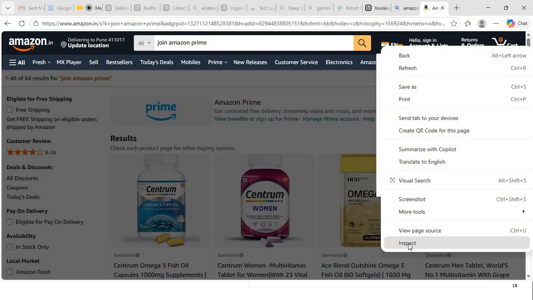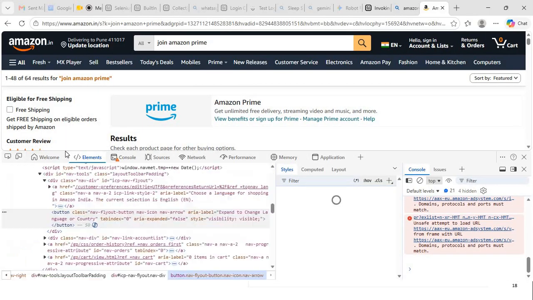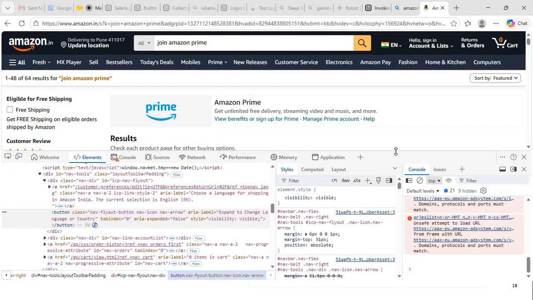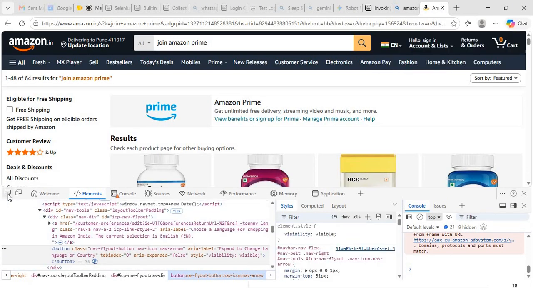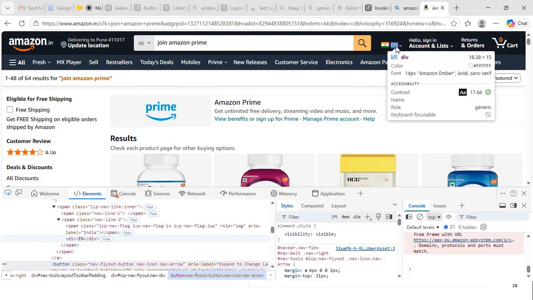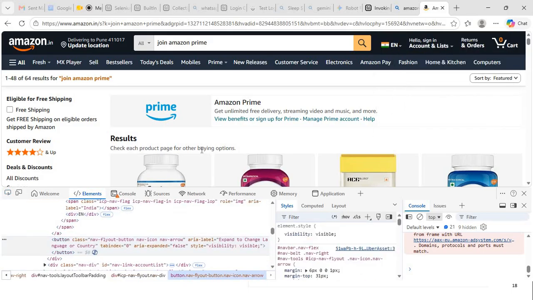Let me give you one example. In that case, you have to construct your locator smartly. That's why yesterday I told you that whenever you construct a locator, it should always be unique. Suppose there is a duplicate text, then definitely there will be some other validation in the locator. Suppose this is the drop down. If I construct this drop down locator,